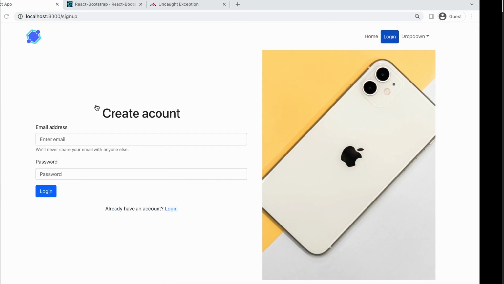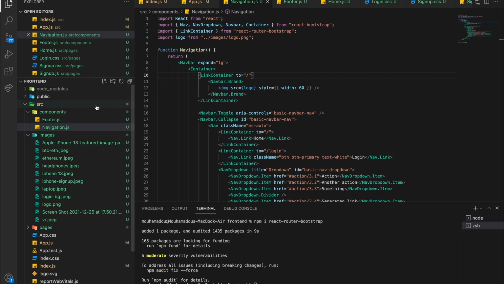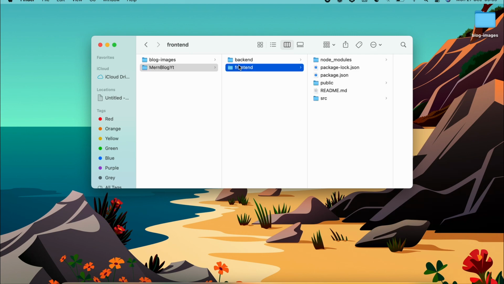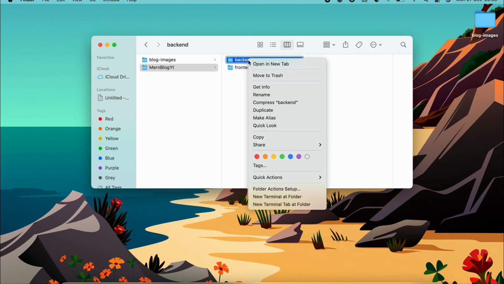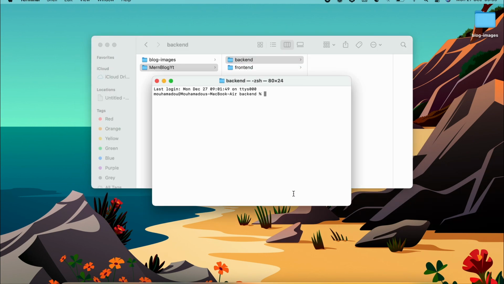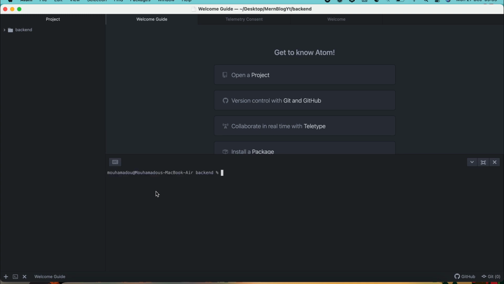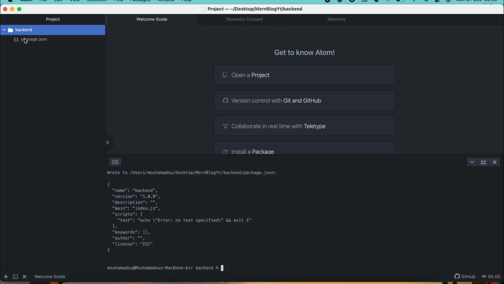Anyways, so now the next thing is to set up our database. Okay, and for that we have here the backend. So for the backend, I'm going to open it with Atom. And yeah, with Atom, there is nothing inside, so I can just open my terminal and say npm init -y to initialize here package.json, and I need to install npm i